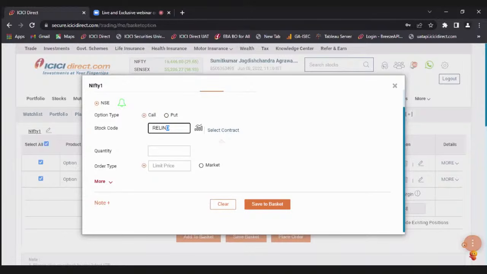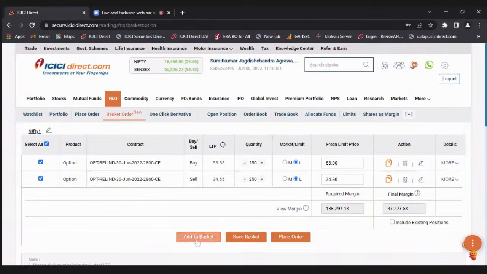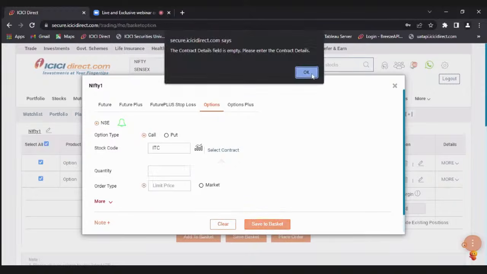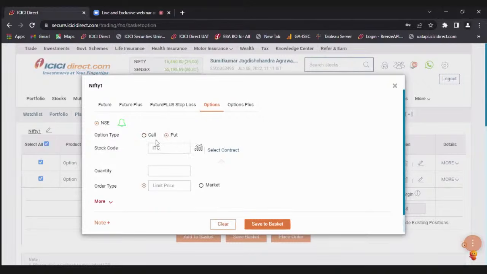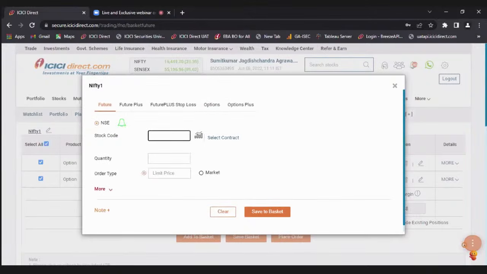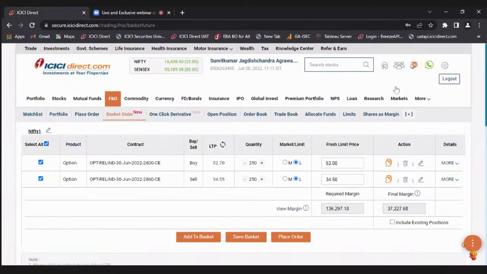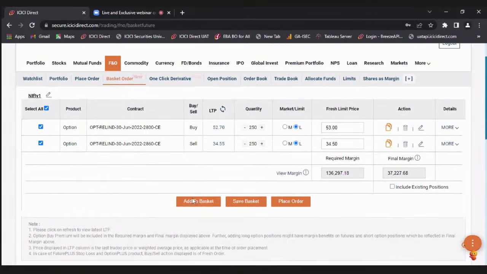You can even add another script if you want. Basket call. Let's see. I want to go with ITC Limited. It's not working at the moment for some reason. Let me go with the futures just in case. ITC. So yeah, what I mean to say here is you can add up to like 20